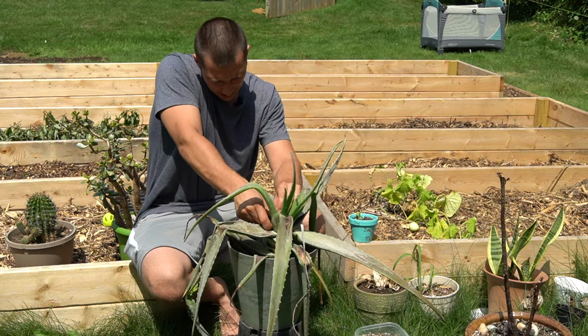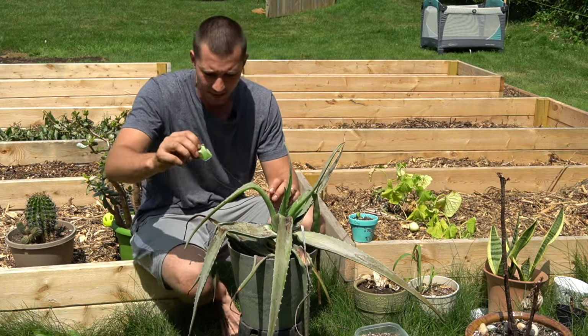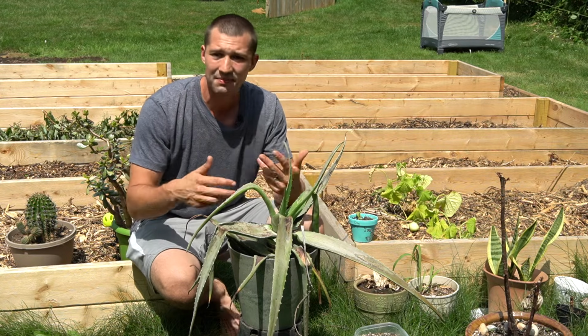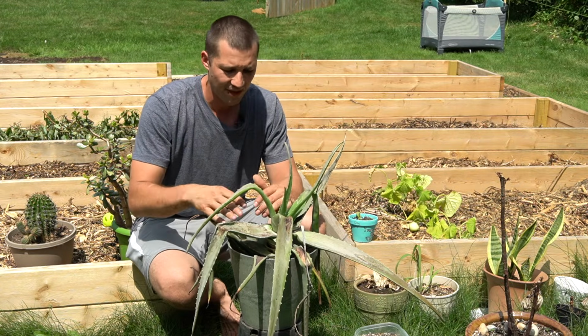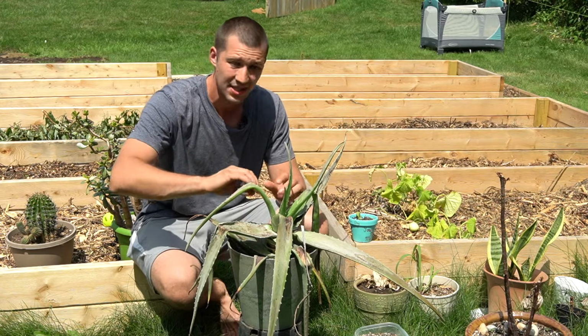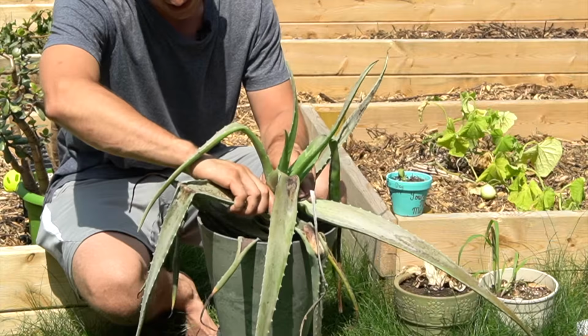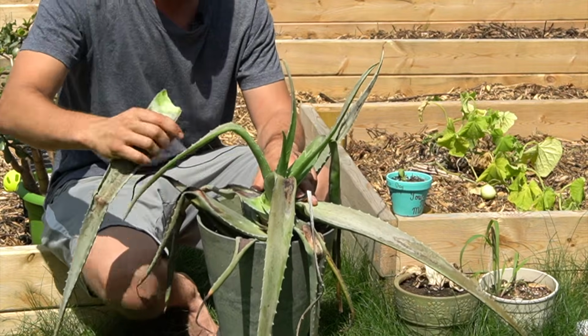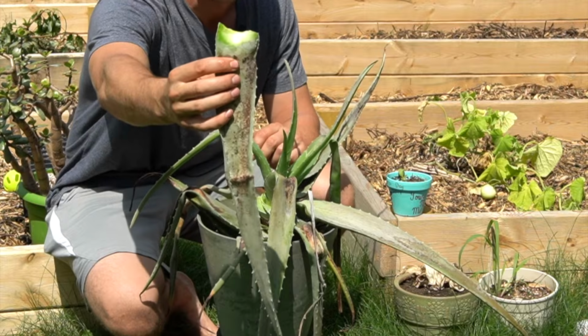Oops, that one didn't really come off. There, rip it right off there. Set this off to the side. Since they are damaged, I'm not going to use it for anything. If they were happy, healthy leaves, then I definitely would use the aloe vera gel. But in this case, I'm not going to. So again, just grab it, twist it off, just like that. Just get a nice, clean